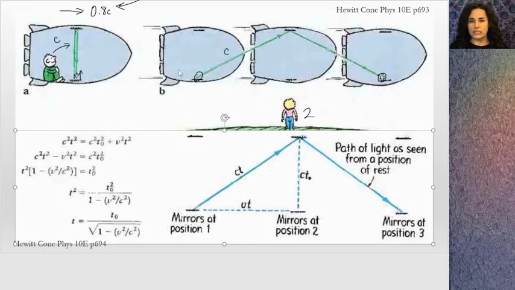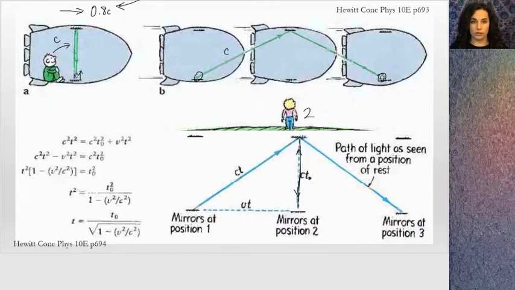And so I didn't derive it from scratch. Here's the path as viewed by the person in the spaceship. It goes straight across and then straight back again, and that is its path. The person on the ground, though, sees the light travel this path. And the only way to reconcile that is if the person in the spaceship experiences a different time than the